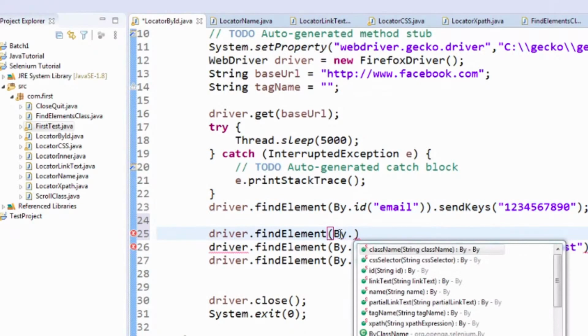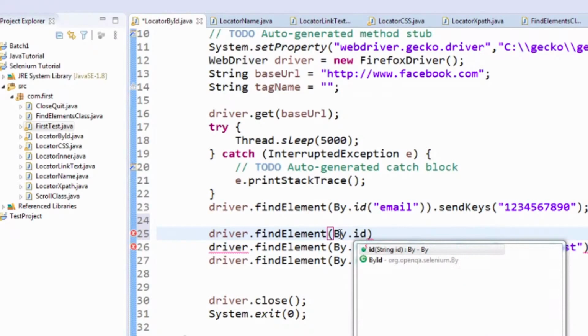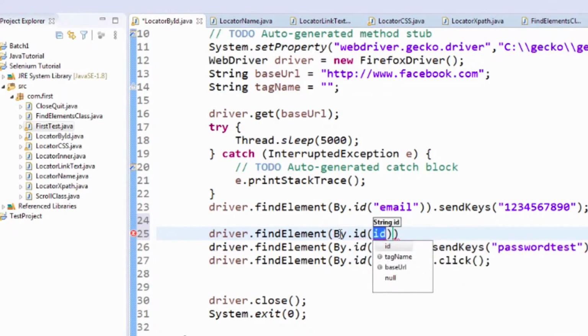When you press the dot, it will give all the available functions that you can apply at this point. Again, this is a feature of the Eclipse IDE. So I want to find the element by ID, then press ID, and you have to pass the value of the ID. What is the value of the ID on that page? On that page the value of the ID was email. So email. Okay.